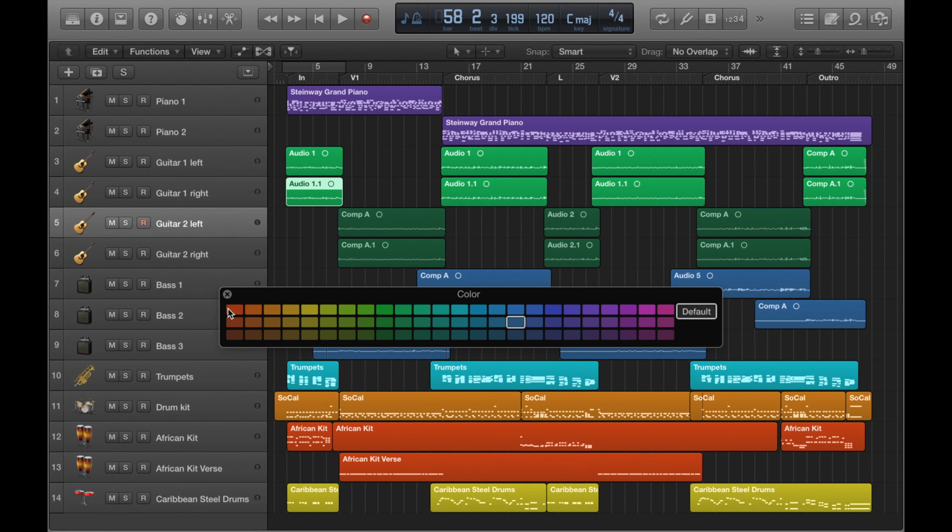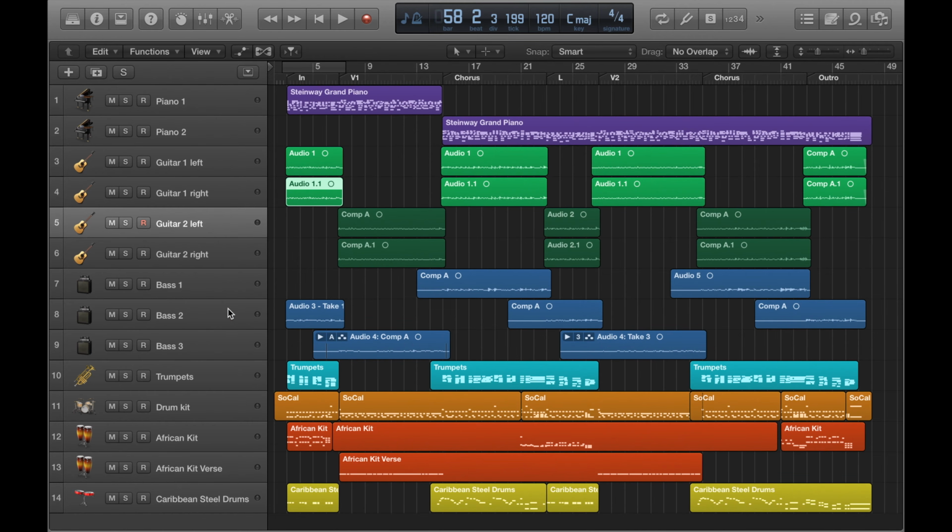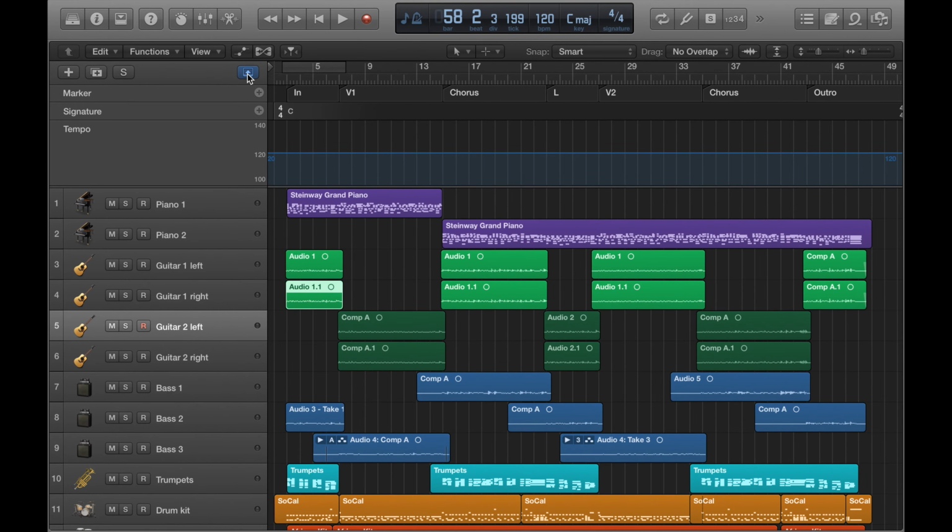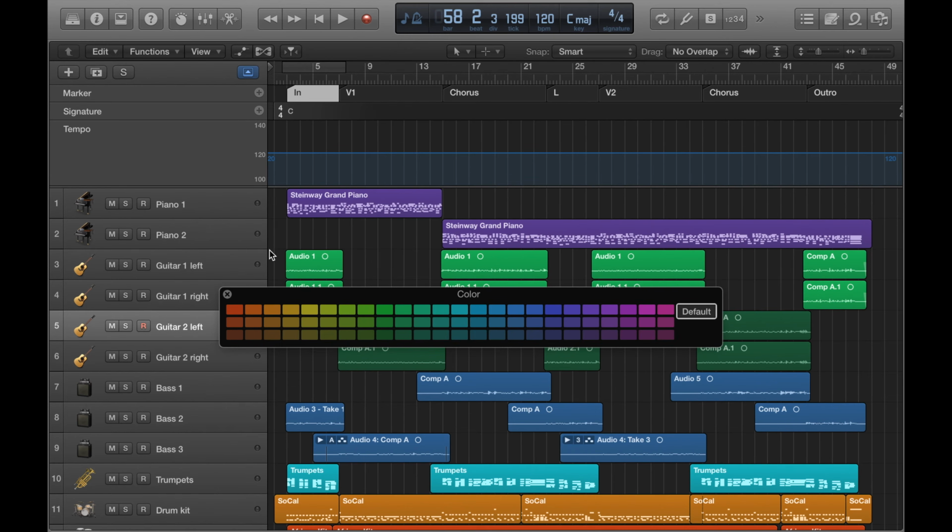You can do this for markers as well. So here I've not got any colours on my markers. So to make them stand out a bit more, I can add colours to them in the same way that I added colours to the audio. So to do that, you click this button here, select a marker, and then select a colour,